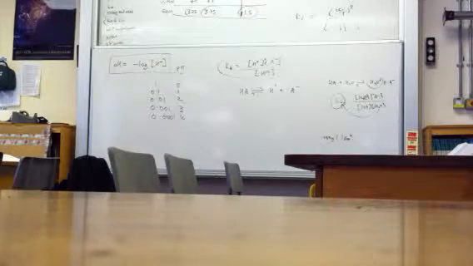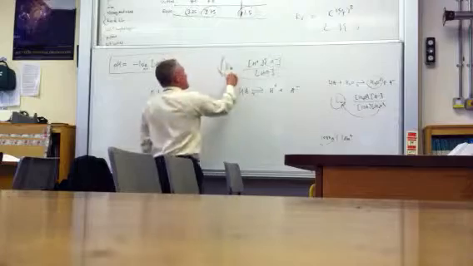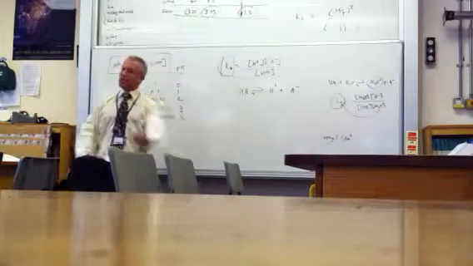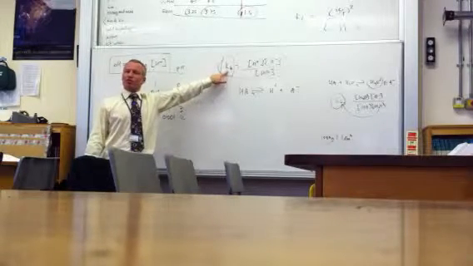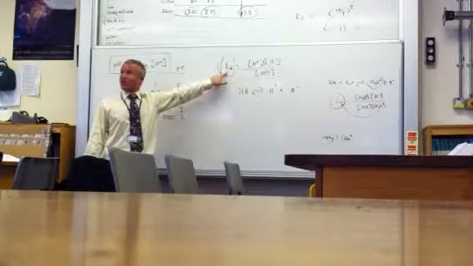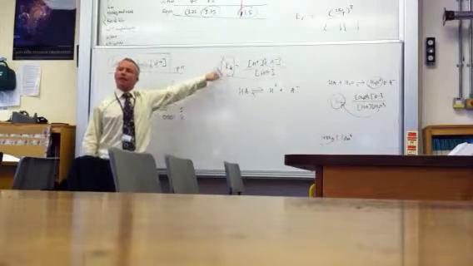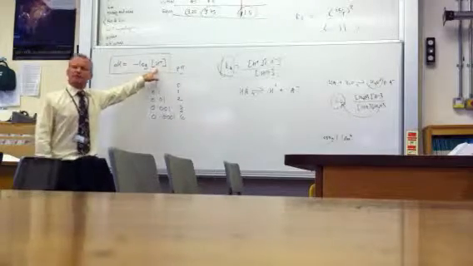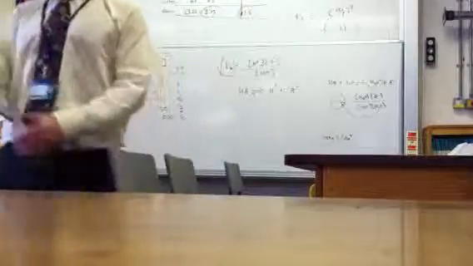Now, can you see why pH is not really a measure of acid strength, but Ka is a measure of acid strength? Because we've just said that our definition of an acid is how much it dissociates. Well, this measures directly how strong an acid is. Because if Ka is big, it means it dissociates a lot. Okay? But, of course, this just measures the concentration of H+ ions. Now, if you have a strong acid, if I take some sulfuric acid,